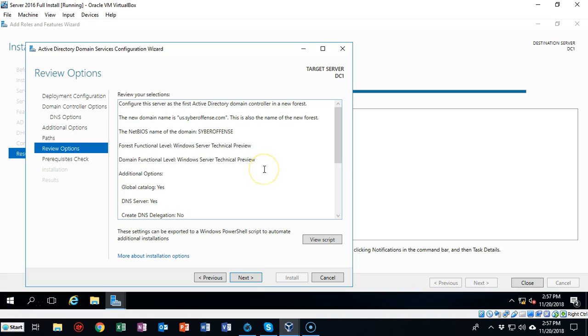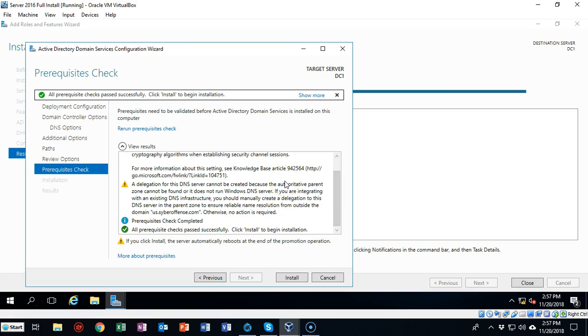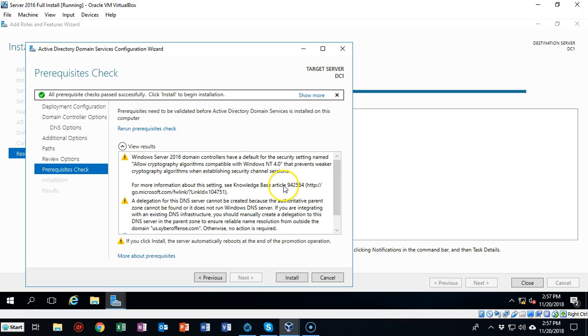This is your last chance to turn back and make any changes that you want to make. So you want to make sure you look this over carefully and then click Next. The machine is now going to run through some requirements, and most of this stuff is just informational. Don't worry about the yellow triangles, they're not that important. That's just informing you that there's some backward compatibility issues with the cryptography algorithms, and what's compatible with NT4.0